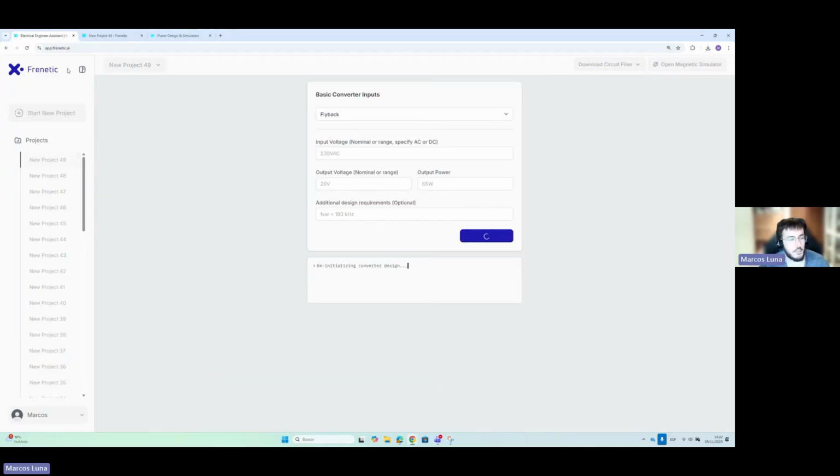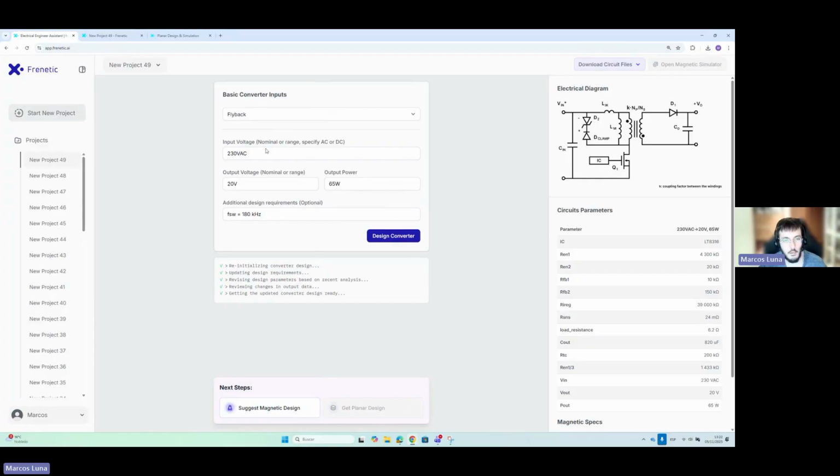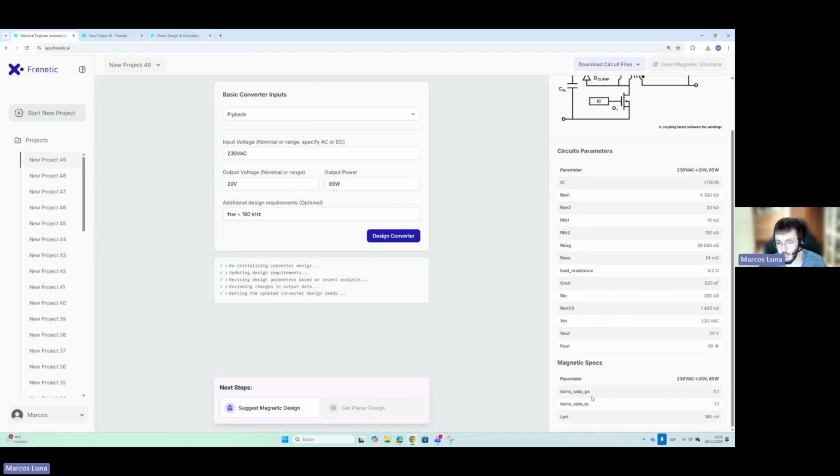If we start with the first tool, which Julia explained before, our AI assistant, you can create a flyback from scratch, filling in the input and output voltage and output power, and specifying things like the switching frequency. Effectively, you will have the schematic. In this case, it's a complete schematic with an IC controller and all the parameters that you need to simulate it. And here there is an important thing, which is that we have an auxiliary winding, that I will talk about later. So here, if we suggest a magnetic design,